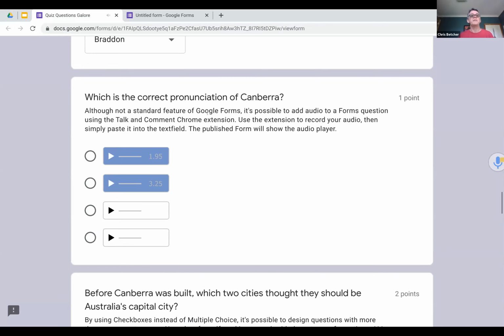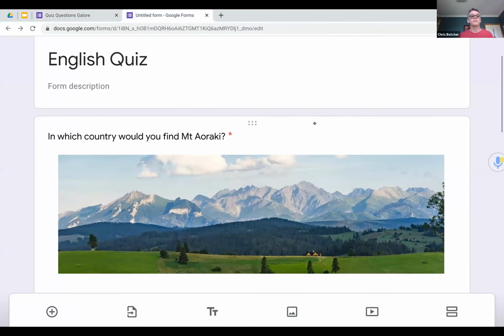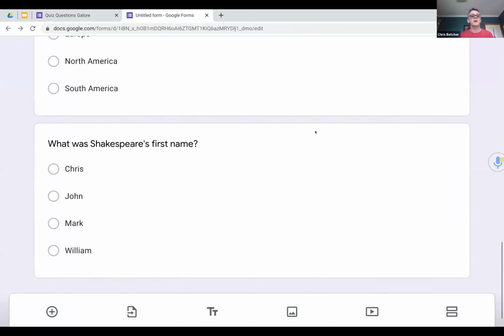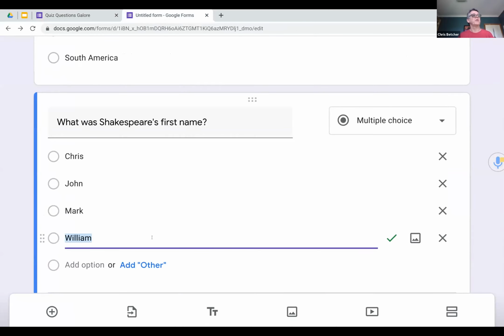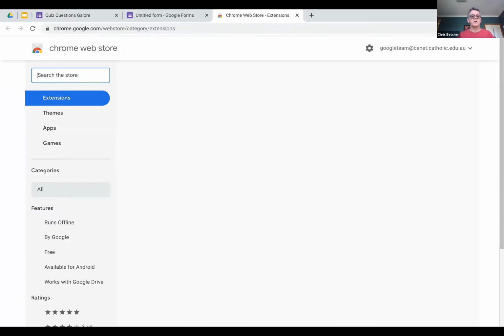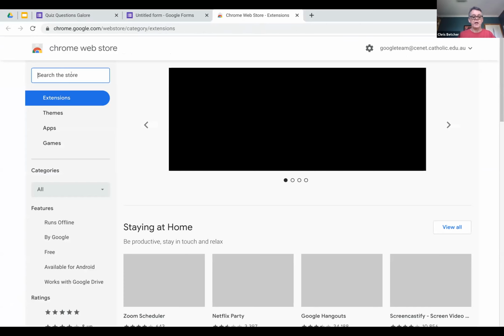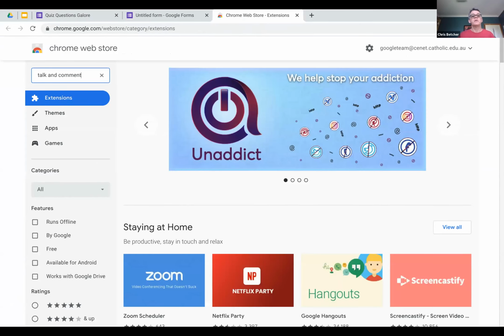Now, how do I do that? Let me just go back out to my form for a second and show you. Let's say I wanted this question to be done with audio. What I've done is I've installed this little extension up here called Talk and Comment. It's just a Chrome extension. If I go to the Chrome Web Store and search for Talk and Comment, T-A-L-K and comment, you'll see it